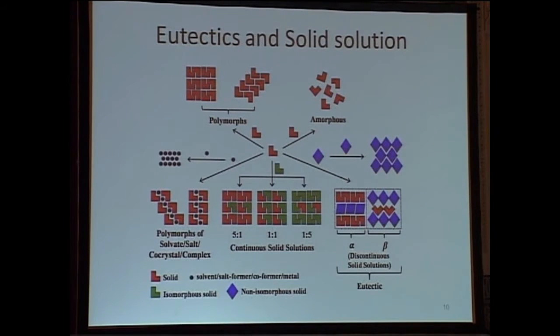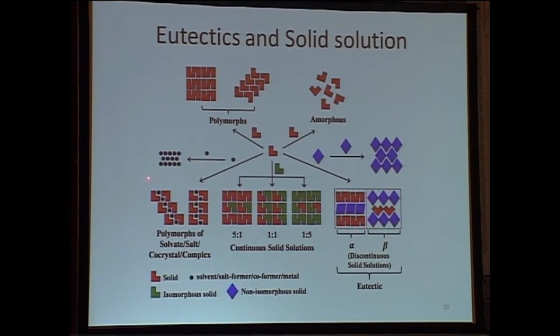So this is just a brief outline of the kind of materials one sees in pharmaceuticals, crystalline materials. One can have polymorphs, which are different ways of arranging the molecule, and of course one can have the amorphous state where really there is no short-range or long-range order. This of course has long-range order. Then one can have a second component, just like the bow and the tie. One can have solvates, co-crystals, complexes, depending on whether the black dot or the second component is a salt former or a co-former or a solvent or a water molecule.